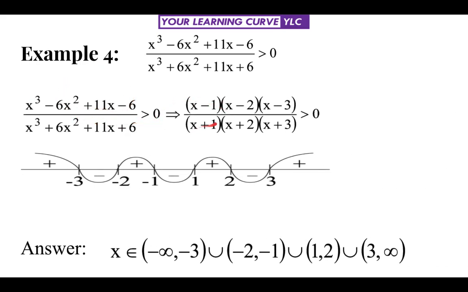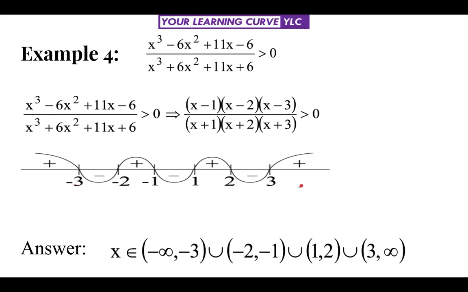When you factorize, you will get this is nothing but x minus 1, x minus 2, x minus 3. And this is x plus 1, x plus 2, x plus 3. Here in total there are 6 factors. 6 factors. So we'll have 6 numbers also. One will be minus 3, minus 2, minus 1, 1, 2 and 3. Minus 3 makes 0 this, minus 2 for this, minus 1 for this, 1 for this, 2 for this and 3 for this. We'll plot all these numbers on the number line, minus 3, minus 2, minus 1, 1, 2 and 3.